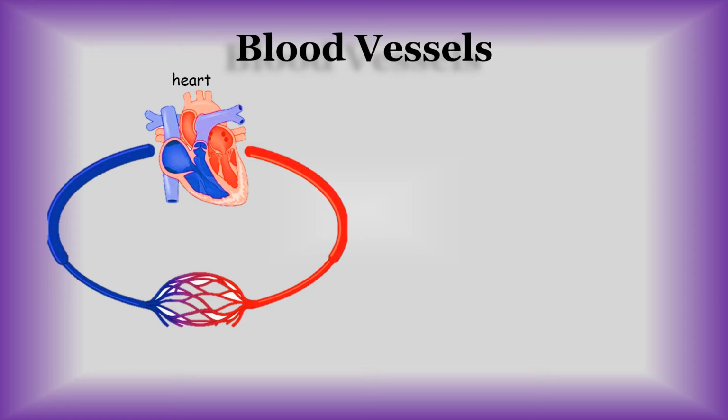Now, in this picture, children, you can see a red tube and a blue tube, and the connection between them. Now, this red tube, which is also known as an artery, collects oxygenated blood from the heart and circulates it in our body. And they are the thickest tubes, the thickest blood vessels.